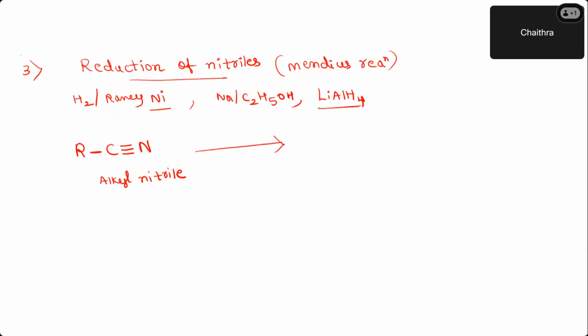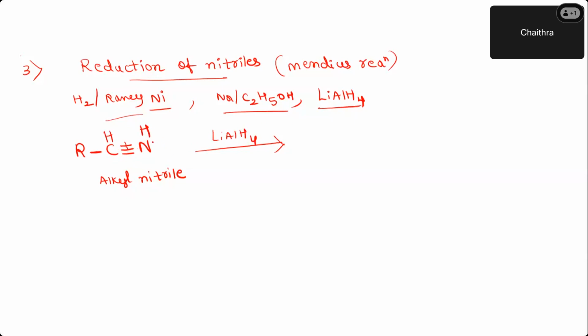Yes, Jyoti. Now I am taking a reducing agent. They serve hydrogens, so I have to add hydrogens across the triple bond. On the arrow mark, you write any reducing agent you want. Either you can write lithium aluminum hydride, or sodium in ethanol, or hydrogen in the presence of a catalyst also. Now you have a triple bond with sigma and pi bonds, right? Which bond can you cleave easily? Pi bonds are weaker, right? So cleave this bond, add H and H here. Will the valency of carbon be satisfied? Okay, nitrogen satisfied.